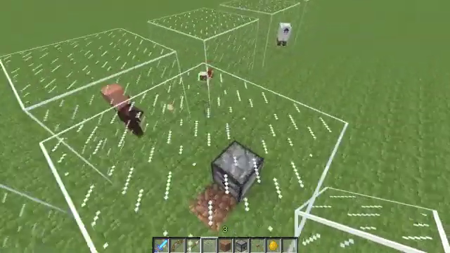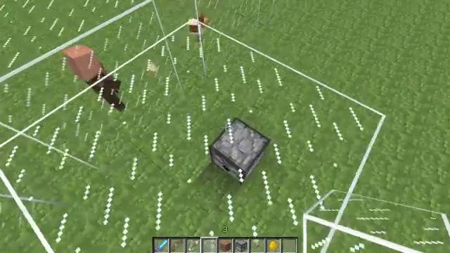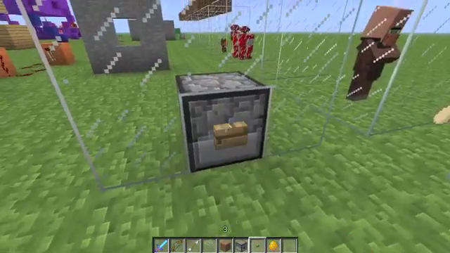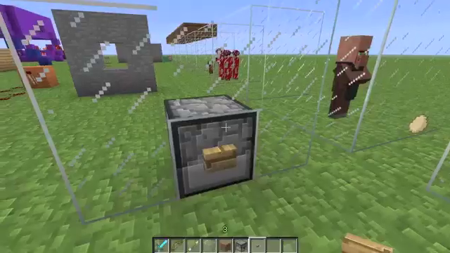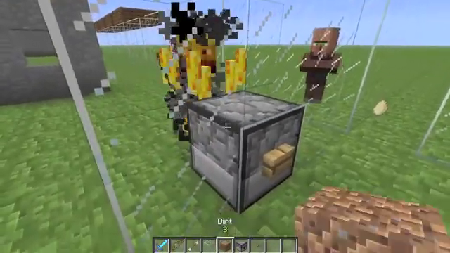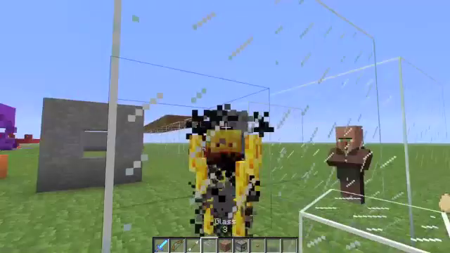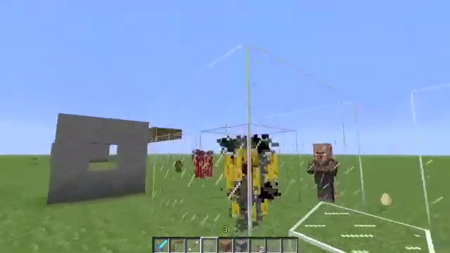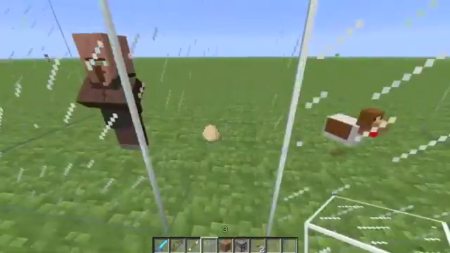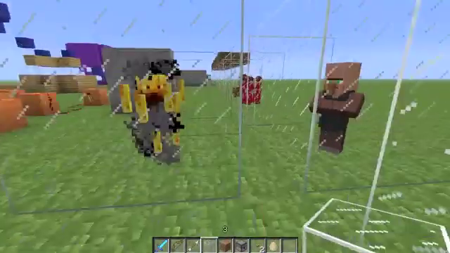Now mobs don't suffocate in glass. This also works with ice too. I'll show you the ice one in a sec. But let's say I put the button on it, put the spawn egg in, push the button, he is now in the glass, and then I punch that. The reason, well, it's gone, but if you kind of saw, there was a bug in the texture pack that had that white line. I was going to say the reason is there's a bug in the texture pack. But anyway,